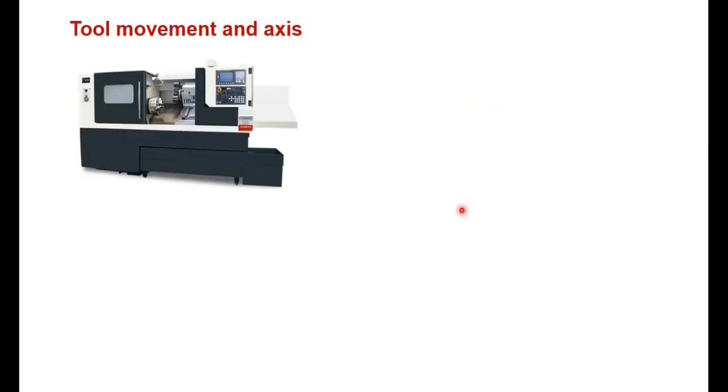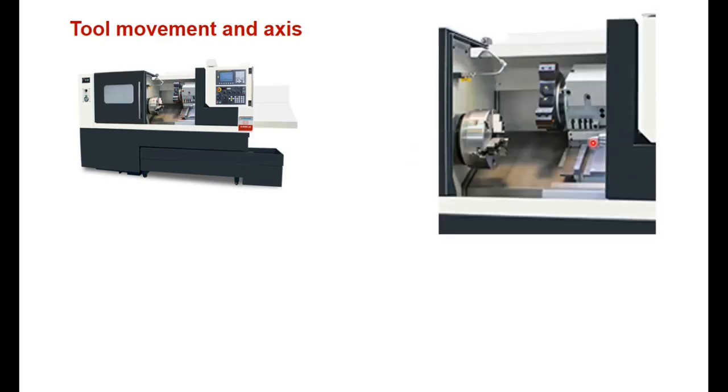Now before going further, we first have to clearly understand tool movement and its axes in our CNC machine. This is one type of CNC machine. You can see this is a chuck and jaws, and here the tools are mounted. In this case 4 tools are mounted. I'll zoom in and show you. You can see 1, 2, 3, 4. So 4 tools are mounted on this at 90 degrees. You can have 4, you can have 8, 12, 20.